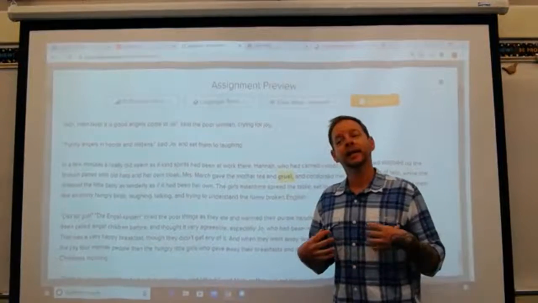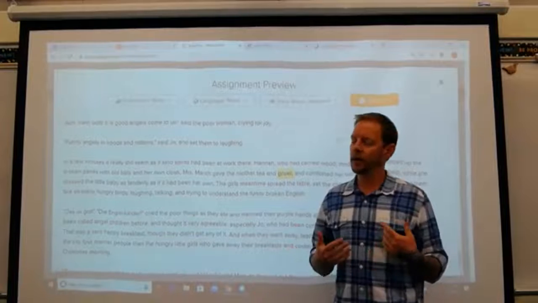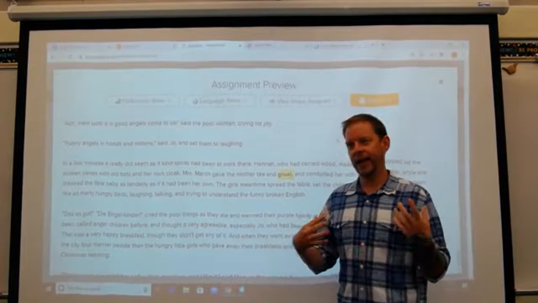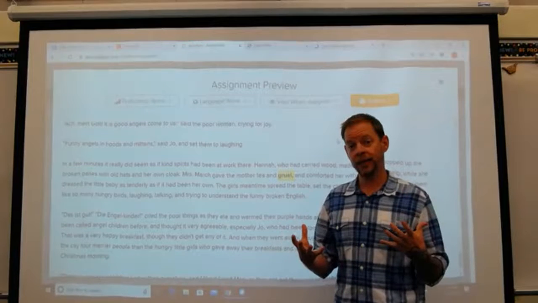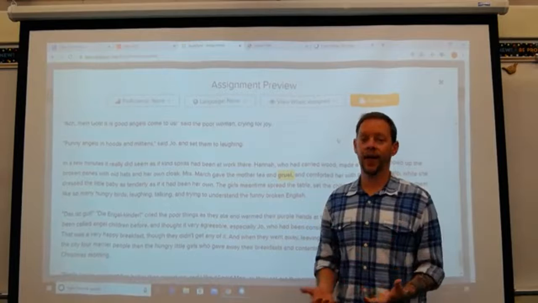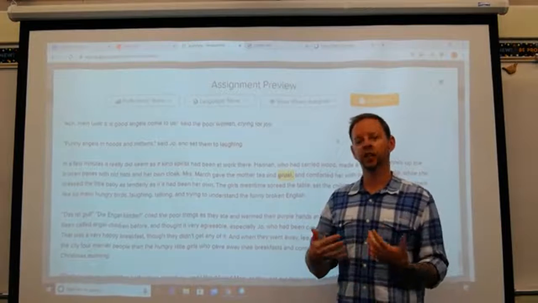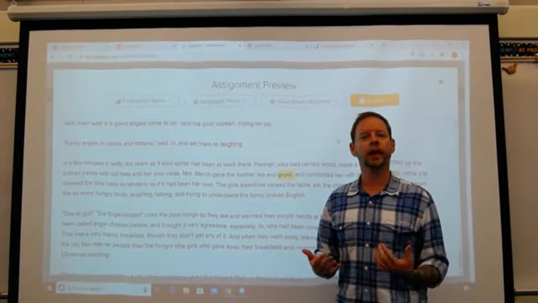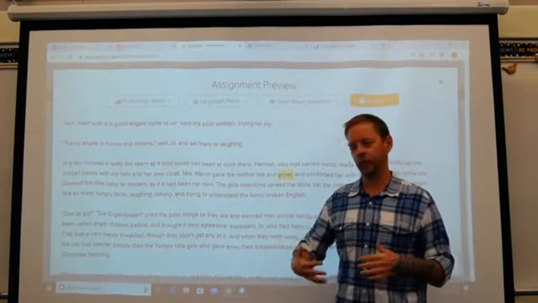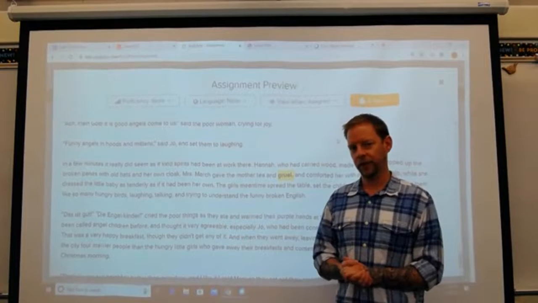Remember, this family, it's during the Civil War. They don't have a lot. Their father's off fighting. But again, we're looking at, even though people don't have a lot, when they discover they have more than other people, they share what they have. So we're looking at giving, sharing, doing what you can for others when you see that others don't have as much as you have. That's kind of what we're looking at for this first read of the story.